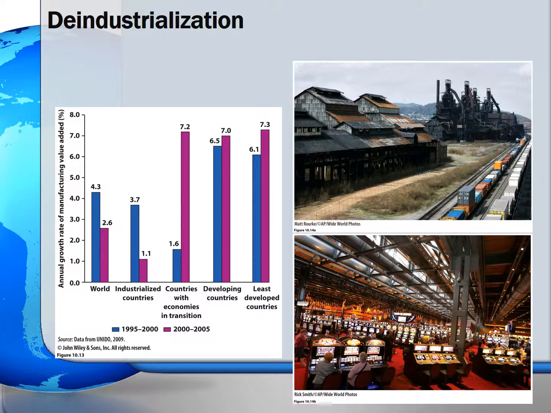Deindustrialization, which is the long-term decline in industrial employment, has affected factories from Pennsylvania to Illinois, a region now dubbed the Rust Belt. The top right photo shows that Bethlehem Steel Mill in Pennsylvania closed when the U.S. steel industry experienced substantial declines between the 1960s and 1980s and lost its comparative advantage, in part because it was unable to compete with more efficient steel manufacturers in Japan and Korea.